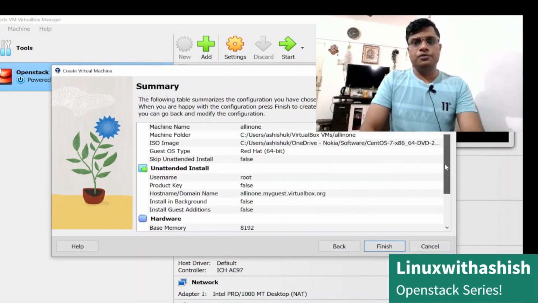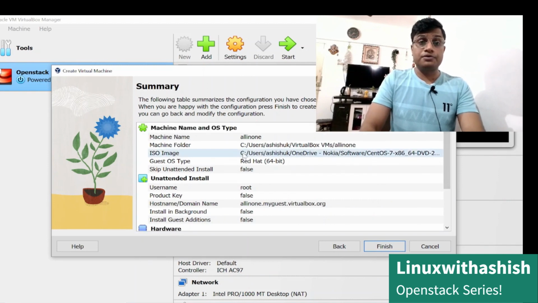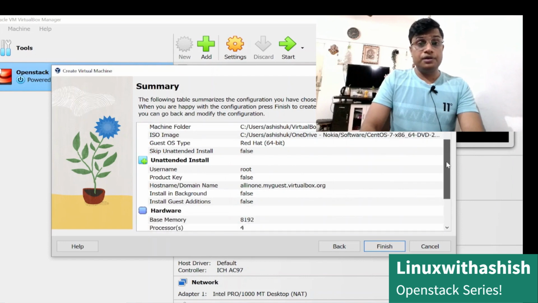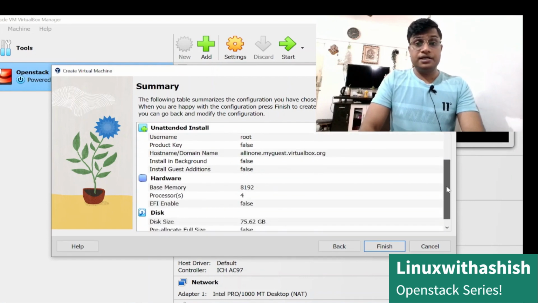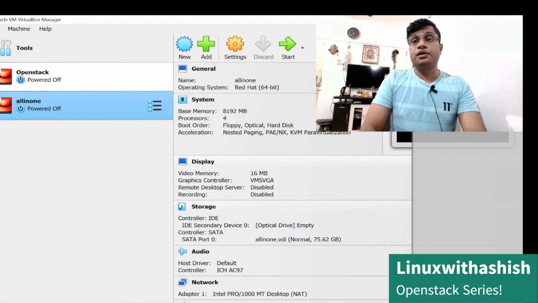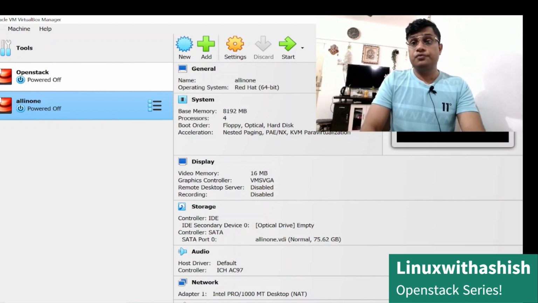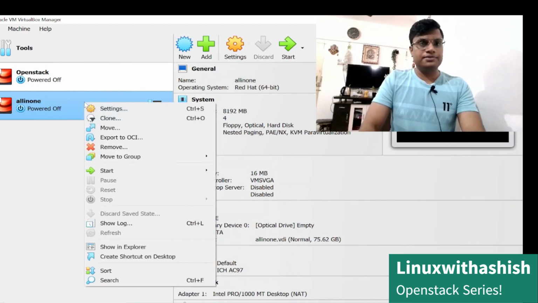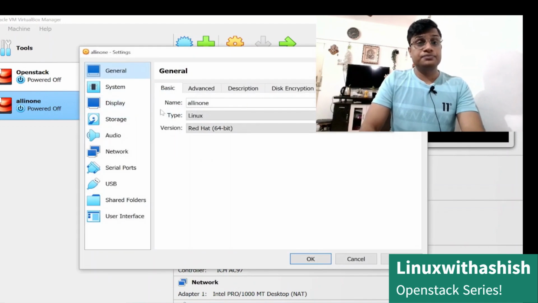Whatever configuration you have given for your VM, for setting the ISO image, you have given the ISO location where you have kept the CentOS 7. Wherever you have downloaded it, you have to press the link over here, and then you will have to check each and everything: your memory, your processor, your disk, and then click on finish. Once you click on finish, it says it can't run guest installs. In that particular case, you just go into settings